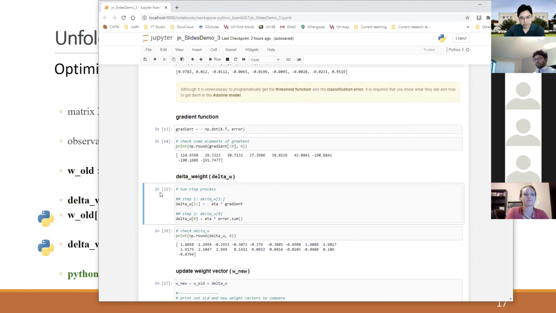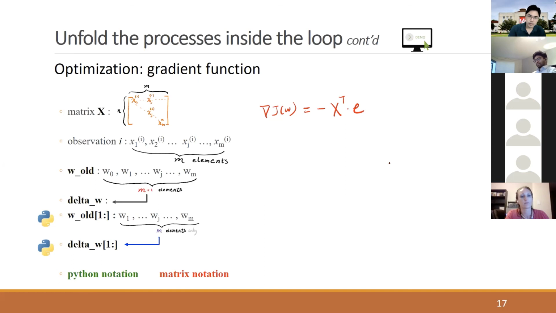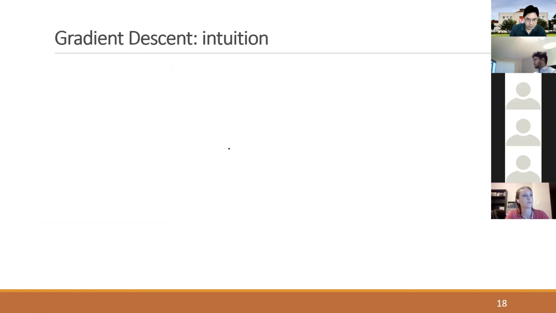Now, before I talk about weight update, let me talk a little about the gradient. So why do we calculate gradient? You may know what it means, then you can skip this part. But if you don't really understand what gradient is, let me talk about that. Gradient function with a lot of weights are difficult to illustrate. So for now, I'll assume